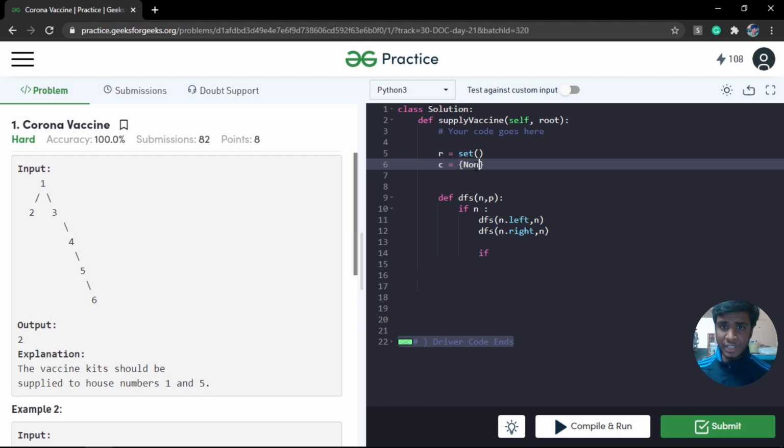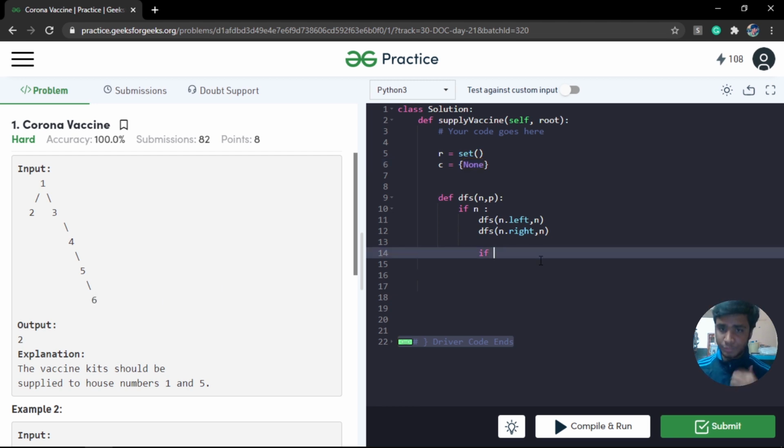So let's initialize it with None, because for a leaf node, n.left is going to be None, right? Since we're not going to process that, None is already visited. So we can simply negate all the leaf nodes. So if my leaf node, that is n.left, is not in covered, so if it is not covered previously, or n.right not in C, that is